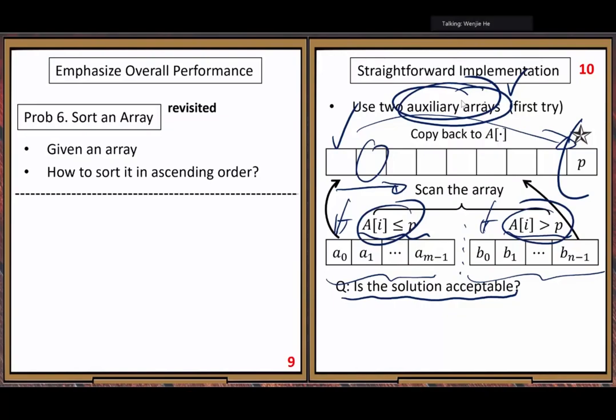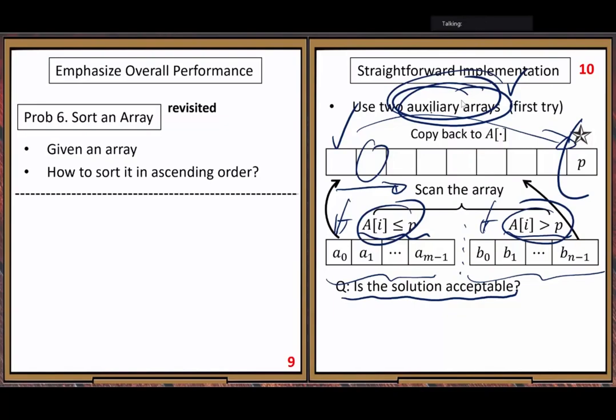So the question, is it possible we can do the same thing, partition, divide, do the same thing without using these two auxiliary arrays? If we can do it, then we can save a lot of computing resource. Storage locations. Here, that's the storage location. So we do not save comparisons. We still need to do the same number of comparisons, but we save a lot of storage resource.